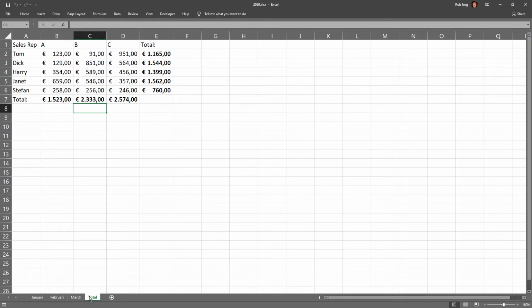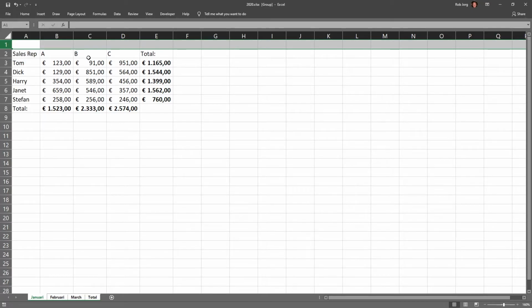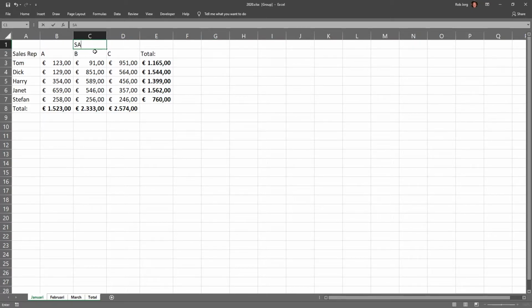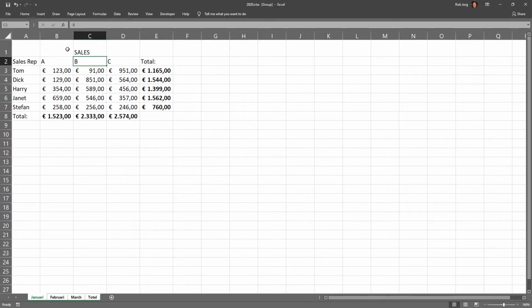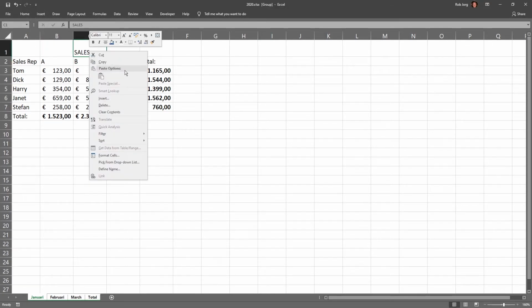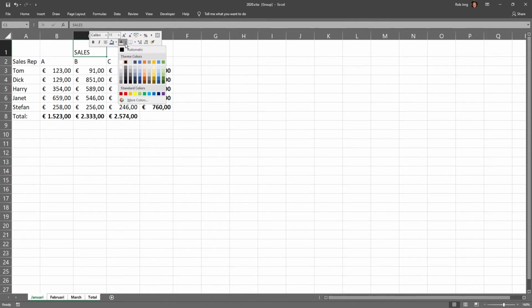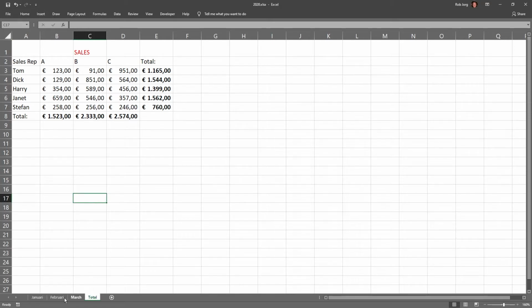So with the first one selected, hold shift, click January. Now you right click on the first row, insert. And let's change it to sales. Now you've got sales. When you go to check it all out, it's on every tab.